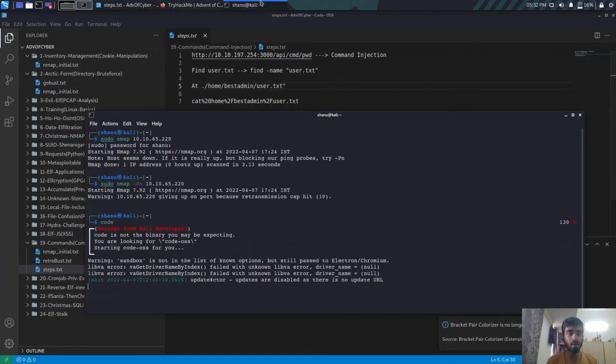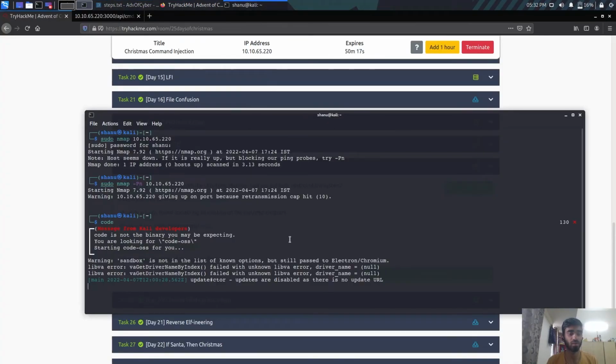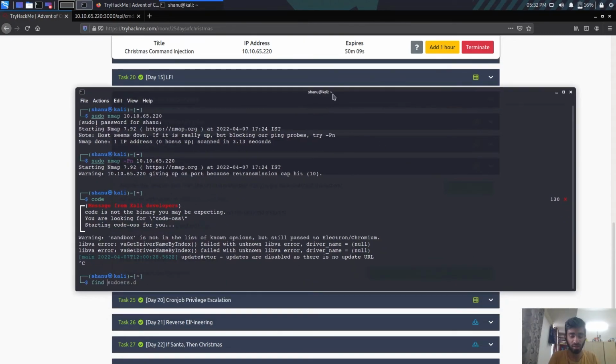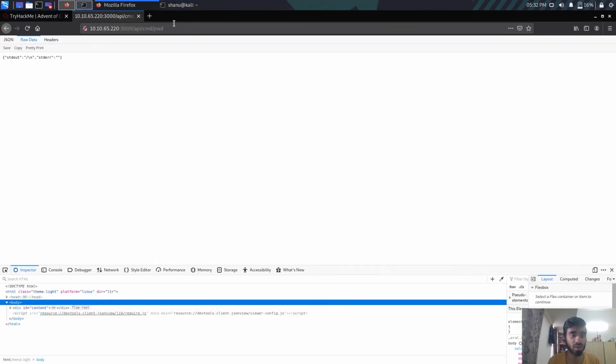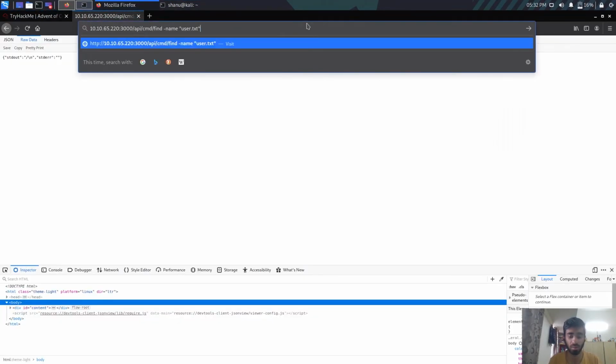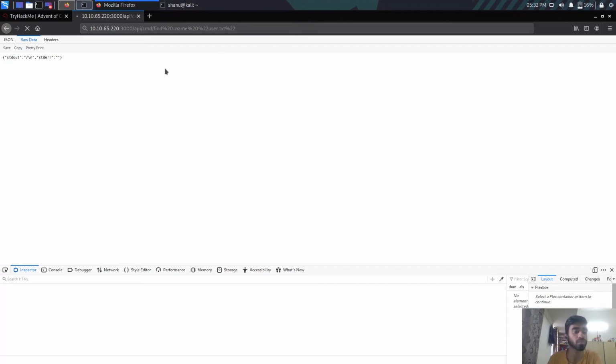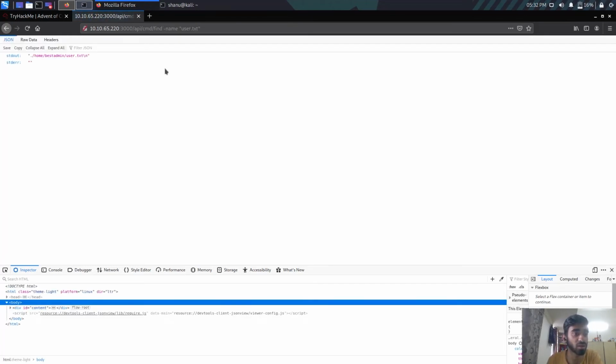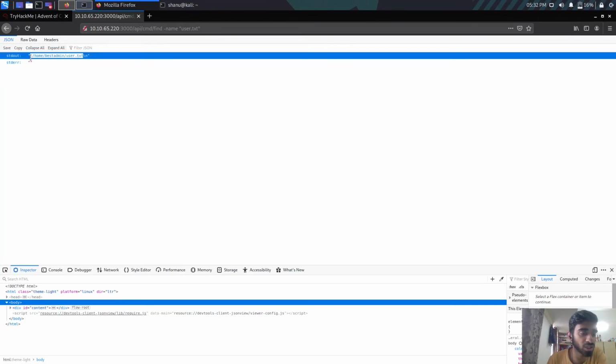Now, if you'll see, the command to find any file is you simply use the find command, and let's say I'm going to find it by name, and this is the command that we'll be using to find this file over on this server. Okay, so let's just first try and copy paste this entire thing in place of this, and let's see what we get. Okay, so as you guys can see, we got the location of the file